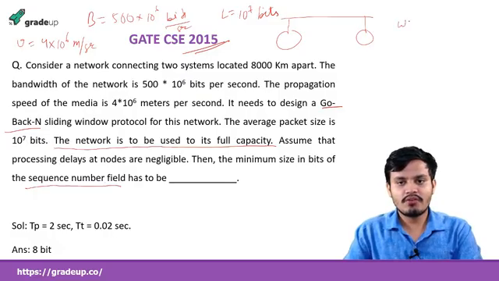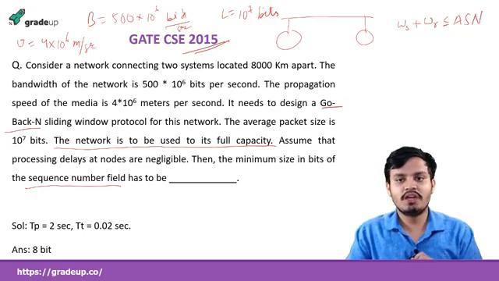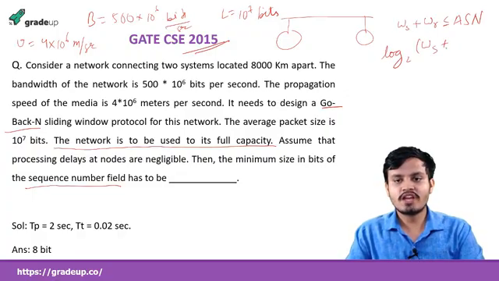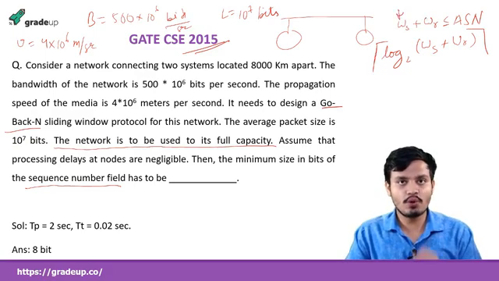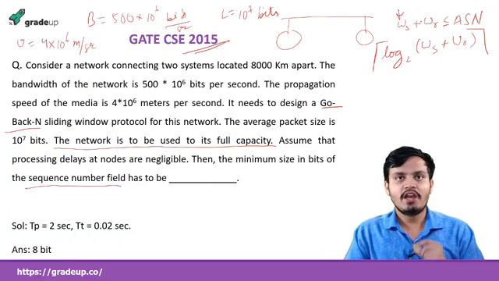I told you that whatever the receiver window size, the sender window size plus the receiver window size should be less than or equal to the available sequence numbers. And this is the number of sequence numbers we need. And when they are asking about bits, we need to take log base 2 of WS plus WR, the ceiling. That is what we need to find. The main thing is the sender window size, because in Go-Back-N, the receiver window size is always 1. So we only need to find the sender window size.